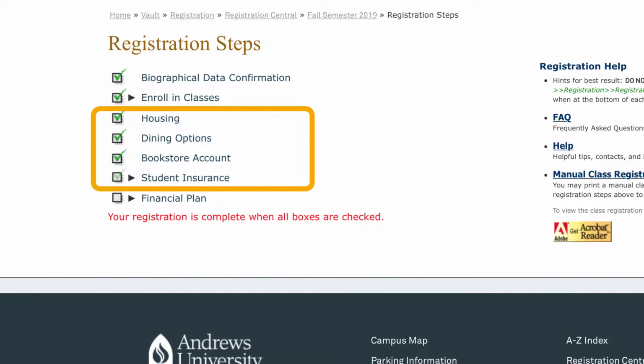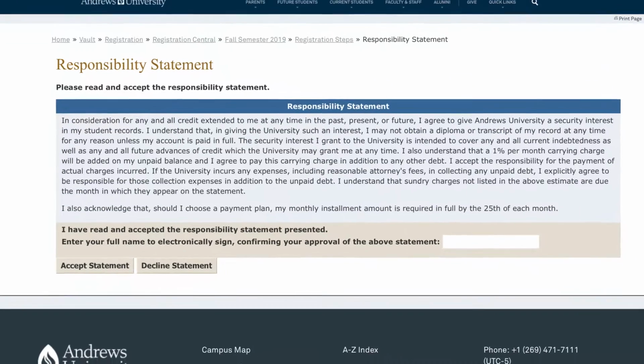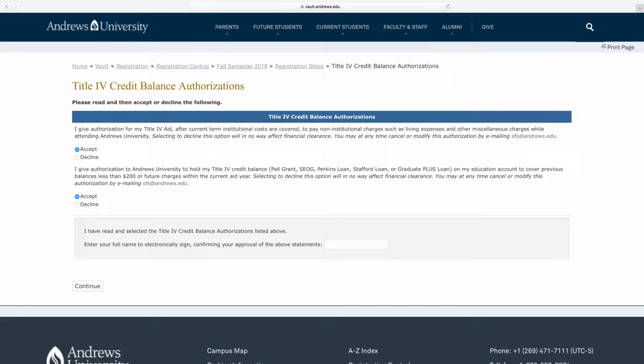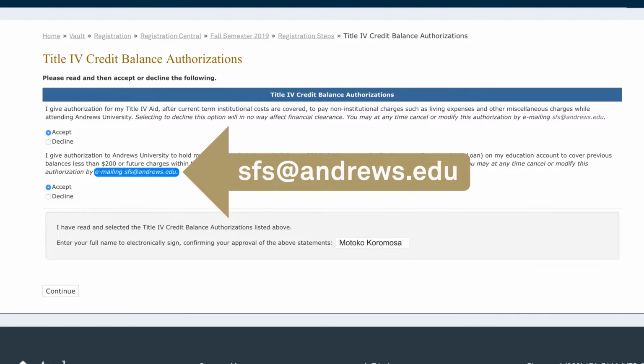When all previous steps in Registration Central are checked, the next step for all students is to make a financial plan. Start by carefully reading the Financial Responsibility Statement. Students who are eligible for U.S. federal financial aid, known as Title IV funds, will see this screen next. Here, students choose to use any balance of funds to pay non-institution charges or previous and future account charges during the current aid year. Changes can be made during the year by emailing